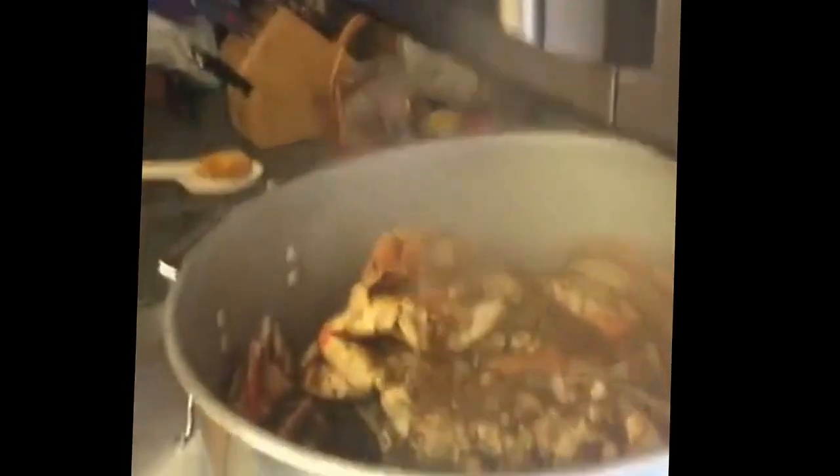Okay, so this has been going for 45 minutes. Let me be clear. We waited until it got to a steam before we started counting the 45 minutes. The reason for that is to ensure that the crab in the top layer is well done, or cooked properly. Okay, got it. So Bruce, what are you doing here? I'm just putting them out to cool, putting them in the pan, making sure that...